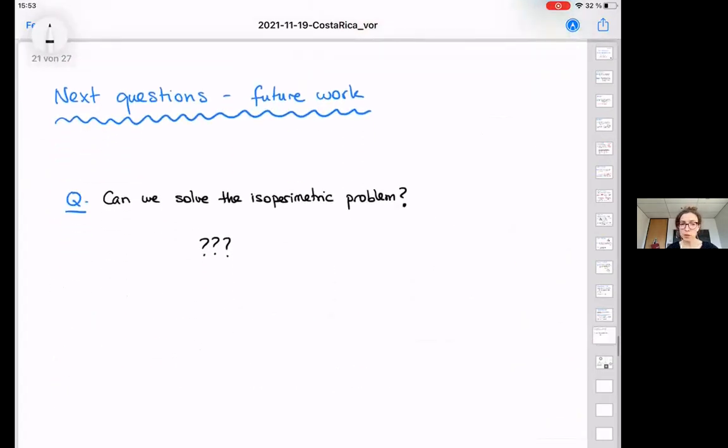What I would like to do in the future is solve the isoperimetric problem. So can you find a set that maximizes the volume when I give you the perimeter? And this is very, very much open. And with this very much open question, which I hope sparks you or makes you excited about this whole story,